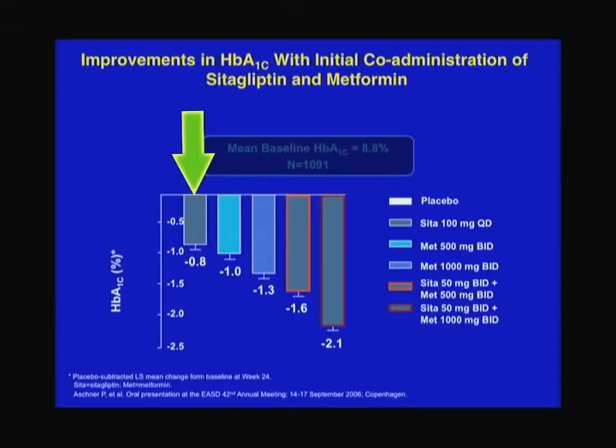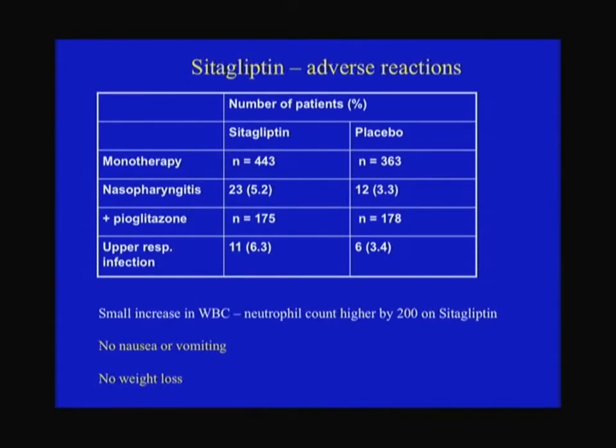The other class of drugs, the so-called DPP-4 inhibitors, also lower hemoglobin A1C by about 3/4 of a point. Forget these other bars, but this is the one I want to show you. And they also have their own side effects. But interestingly, they don't cause nausea, and therefore they don't cause weight loss. So that's sort of part of my suspicion about the weight loss thing.